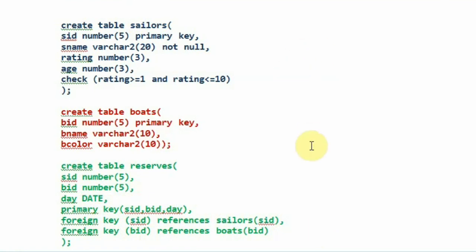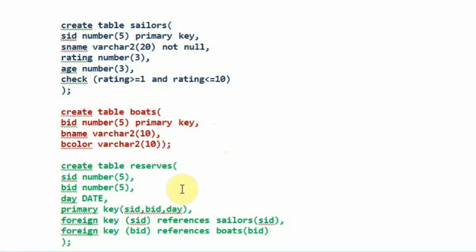Now the order in which you need to fill in the data into the tables is that first I need to fill into the sailors table the entities first, and at the last I have to fill in the data for the relationship tables. Here reserves is a relationship table, whereas sailors and boats are the entities.